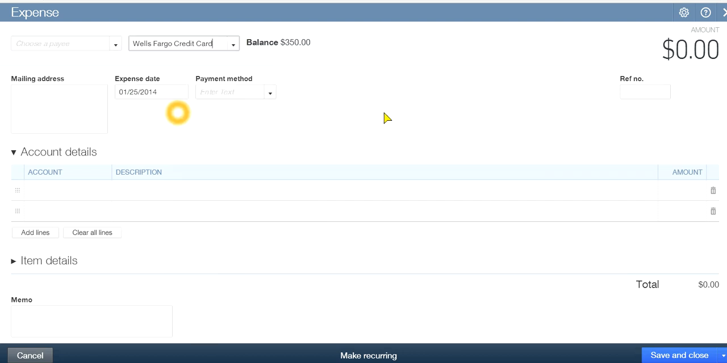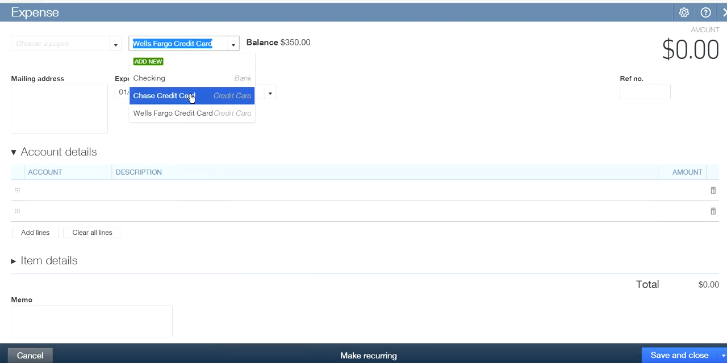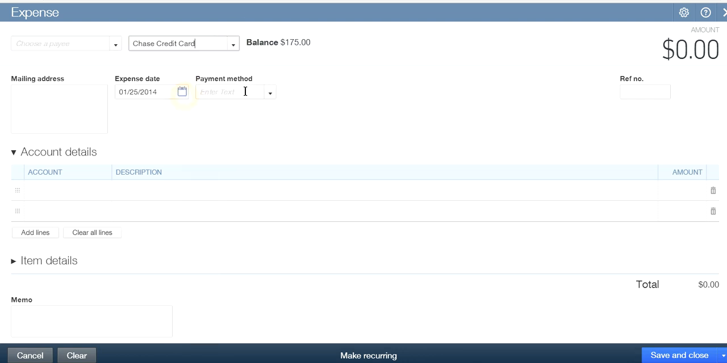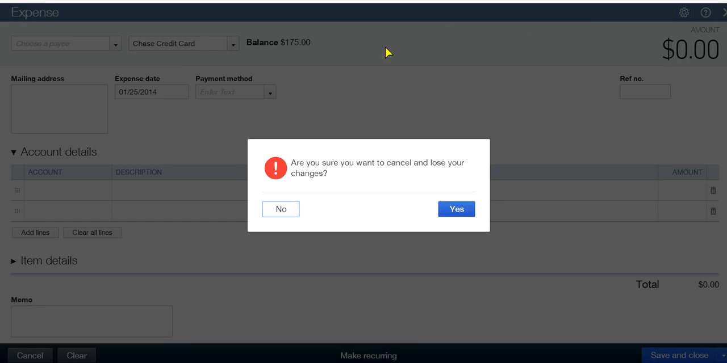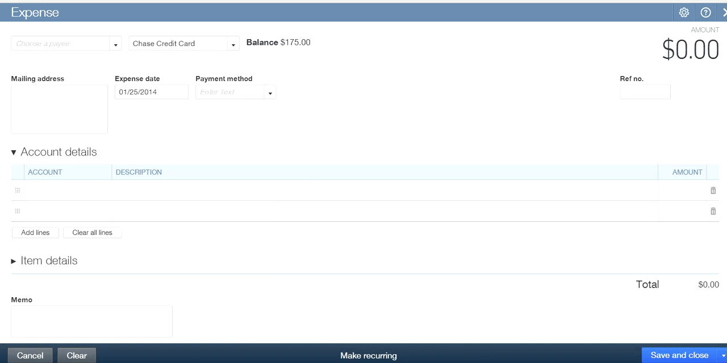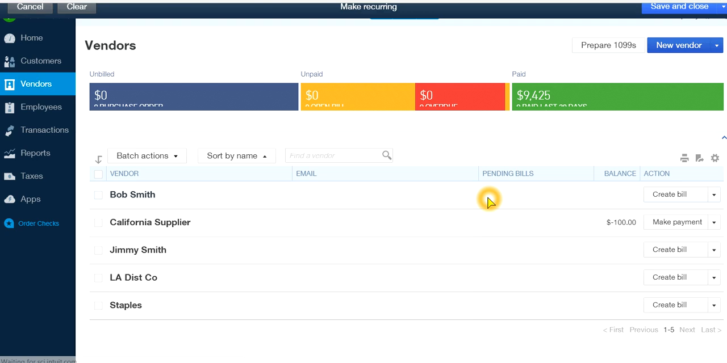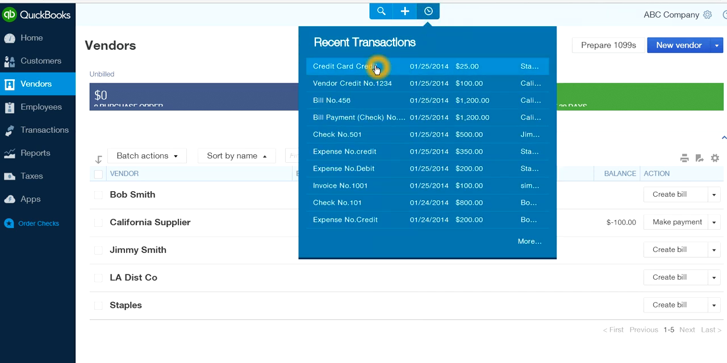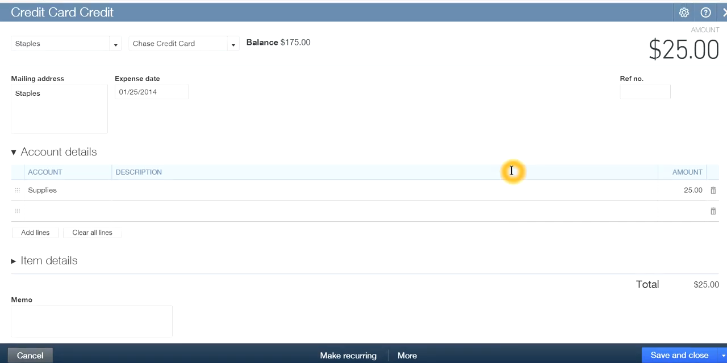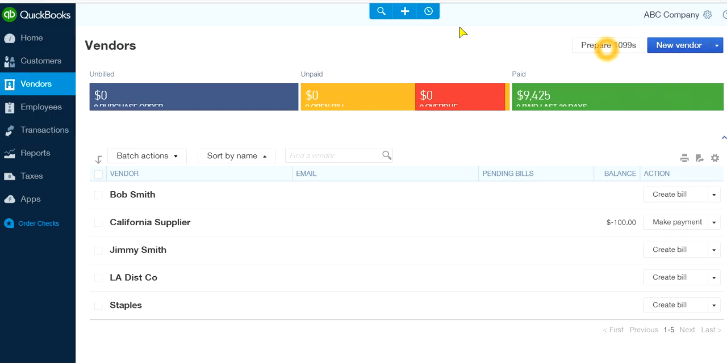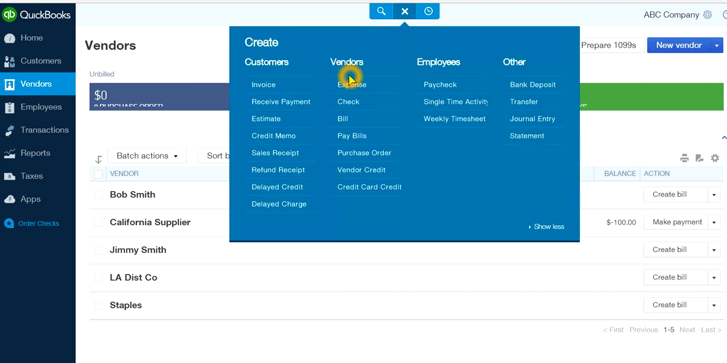That's why we want $350. $175. That's the balance now. Okay, so we went through this basic stuff: expense, check, bill, pay bills,